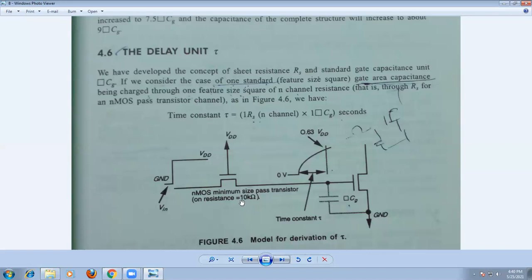So it is equal to R on, that is equal to 10 kilo ohm from the table in 5 micrometer technology. Depending upon the type of technology we are going to use, the value will change here. Now this signal passes to the gate through this transistor, that means whatever voltage signal we can apply to this one here. So the input capacitance of this transistor is the gate capacitance with respect to the ground.